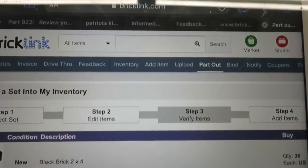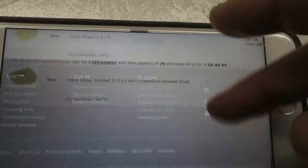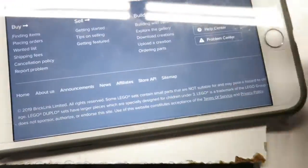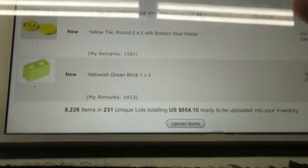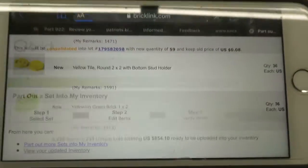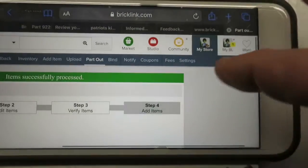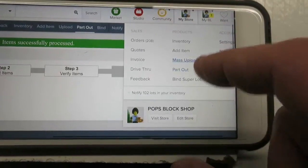And there it goes. So we have it here. Should have everything entered. I'm not going to check 200 and some lots. Oops. Get that out of there. Alright, so there's our numbers, and hit upload. And it says it went through. Oh man, it's kind of strange. Hoping it goes through. Let's go to the store